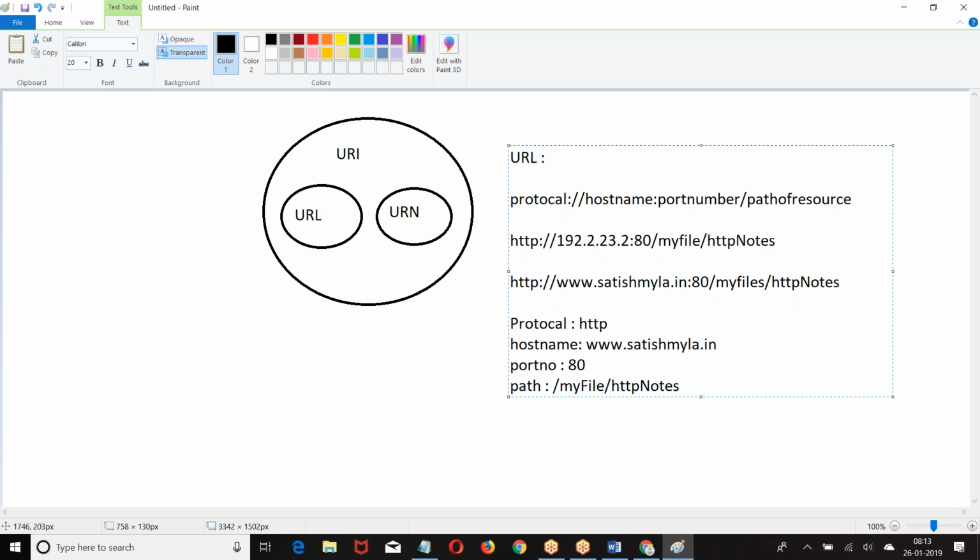This is how the URL will be defined. Whenever we want to request a resource based on the URL, it is going to be protocol, host name, port number, path of the resource. Now, if I am not mentioning the port number, the default port number will be taken, as I told you, if it is HTTP.